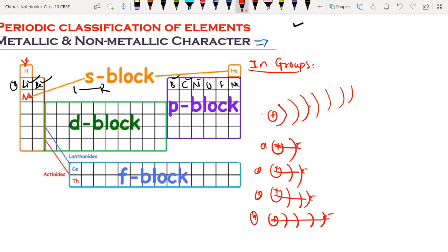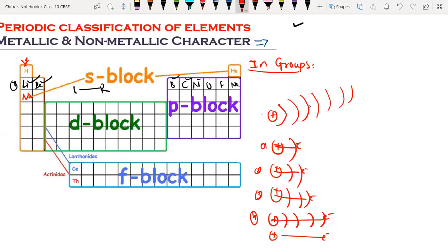Yes, I'm asking a question. So the fourth element? The fourth one, why? Yes, sir, the fourth one. Because the number of electrons will decrease gradually. No, no. It is due to, see here, the distance from the nucleus to the outermost shell increases all the time. Is it or not? Yes, sir.